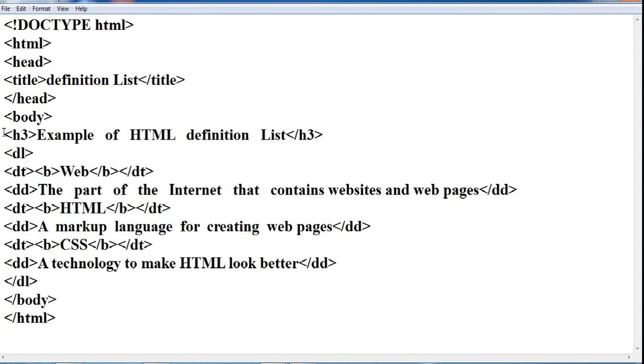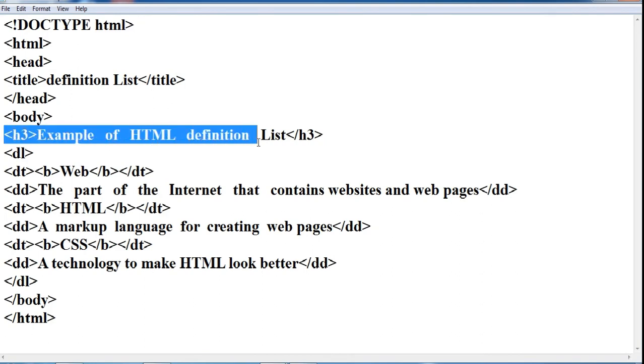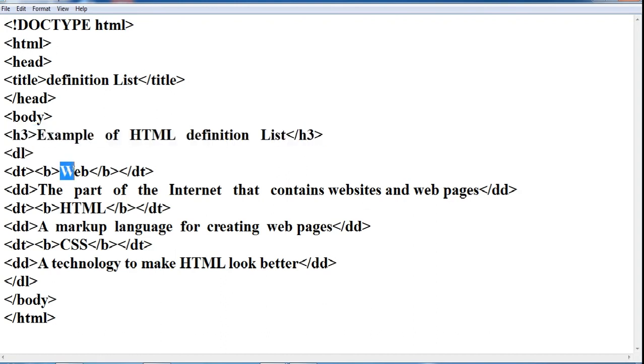See, I have used examples of HTML definitions. So my definitions are web, another definition is HTML, and third definition is CSS. So I want this web, HTML and CSS as the list of my definitions.